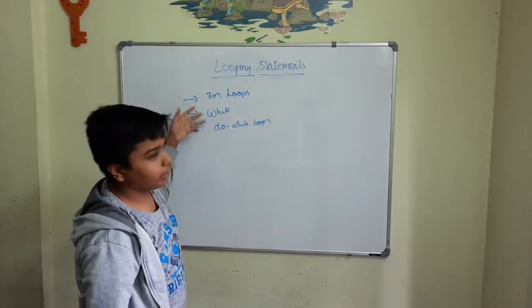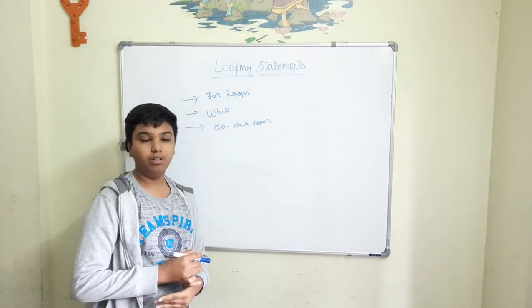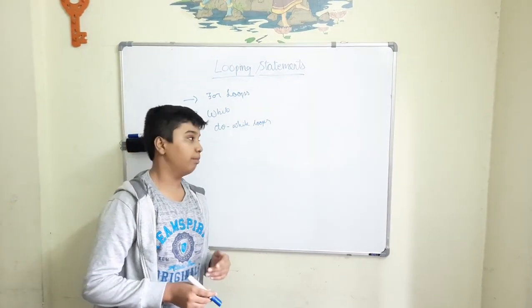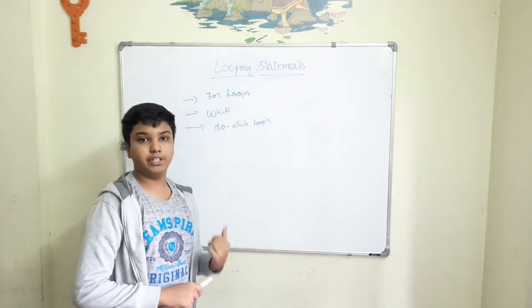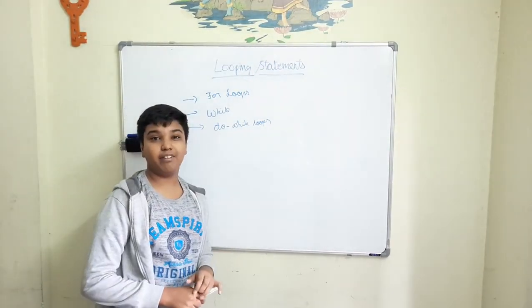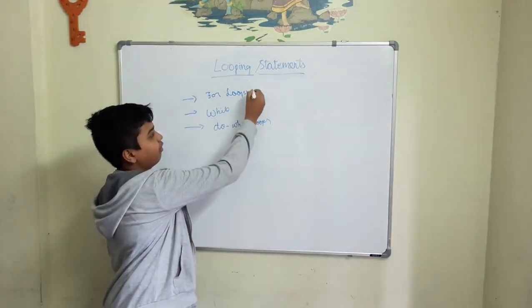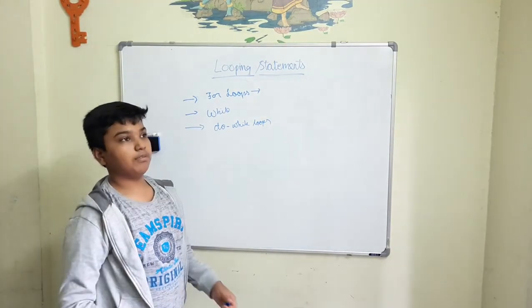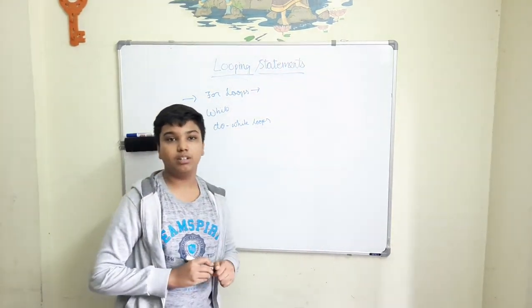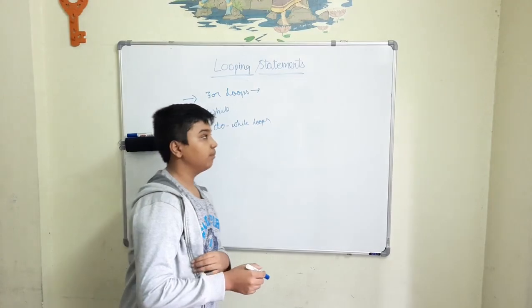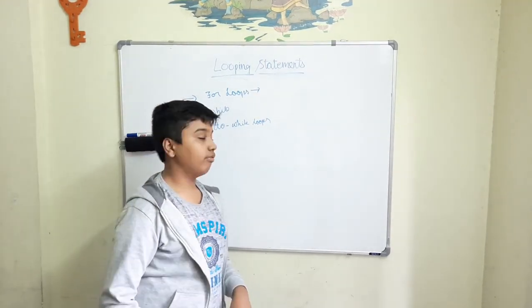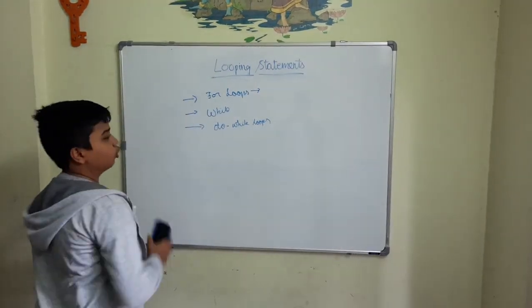The three of them may look similar when writing code, but they're actually a bit different. Not much different, but a bit different, and they each have different purposes. The most used one is the for loop because it gives more flexibility in the looping statement. So let's start with the for loop first, and then we'll go to the while and do while.